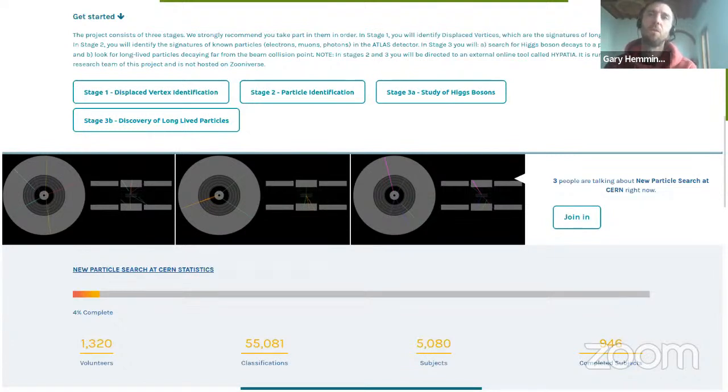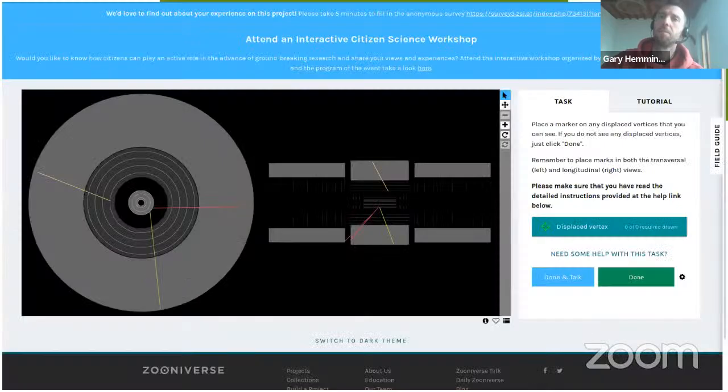So they're given different topological representations of the various elements of the detector, and they are asked to recognize and identify and highlight these so-called displaced vertices, which are left thanks to the passage of the different particles through the different areas of the detector. So they'll have to draw onto the screen the different lines that they recognize, these different vertices that they are able to distinguish.